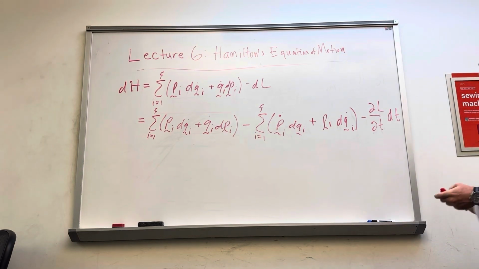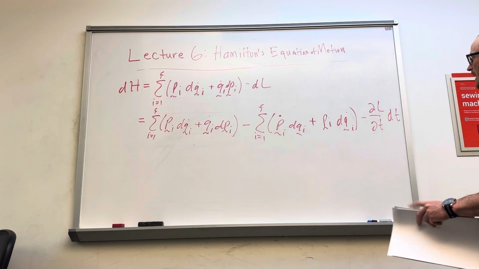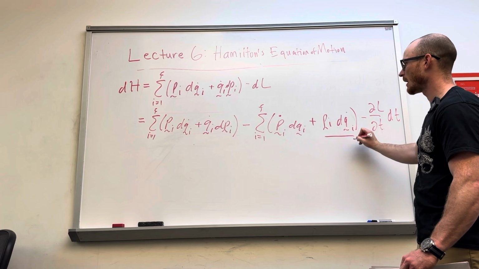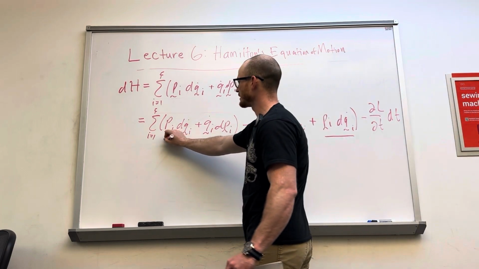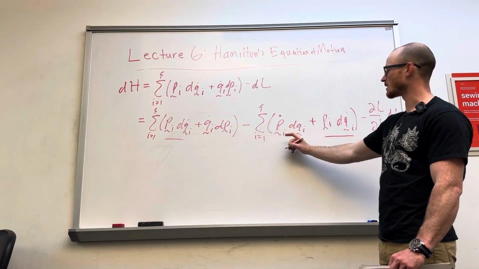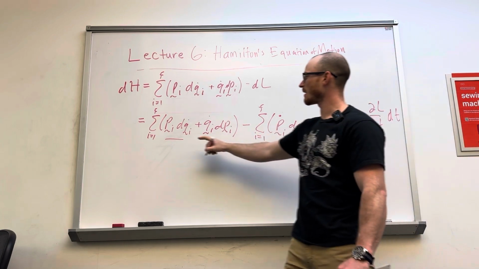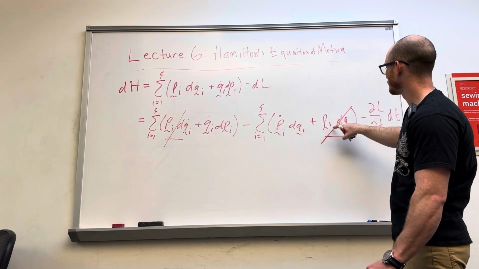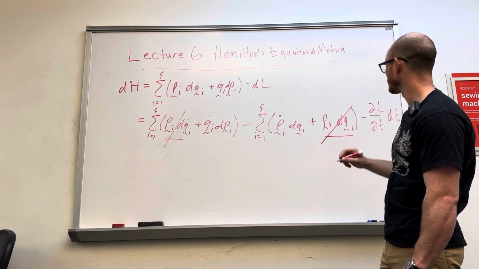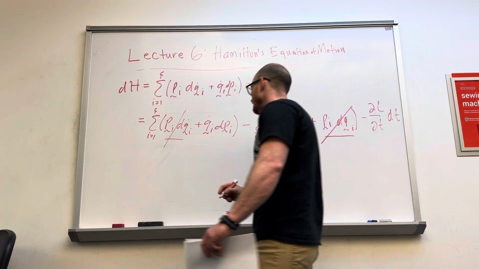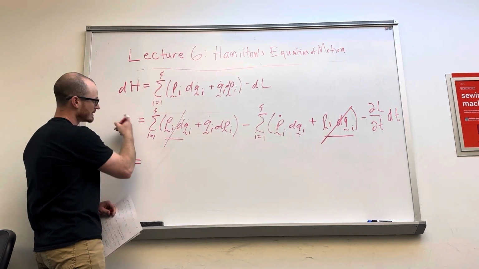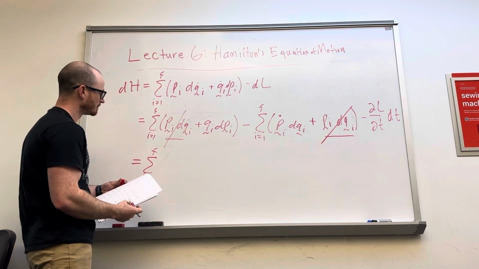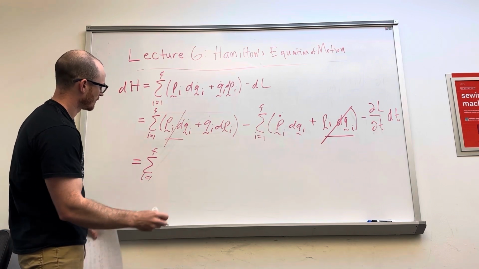Well, we can actually combine some like terms here, right? Because we have a p_i dq_i dot and a p_i dq_i dot over the same sum. So these are going to have a plus p_i dq_i dot and a minus here, p_i dq_i dot. So those are going to cancel out, and we're going to be left with that dH is equal to the sum from i equals 1 to f of